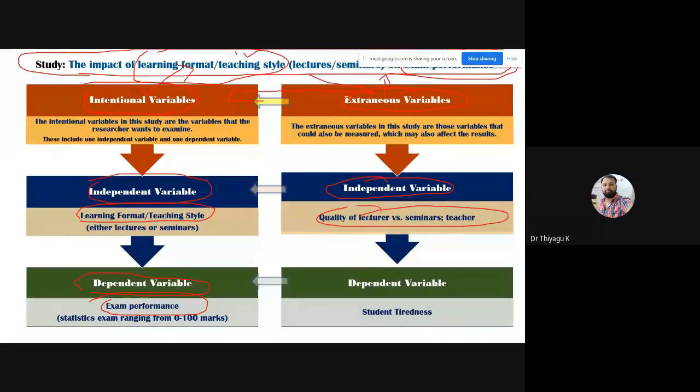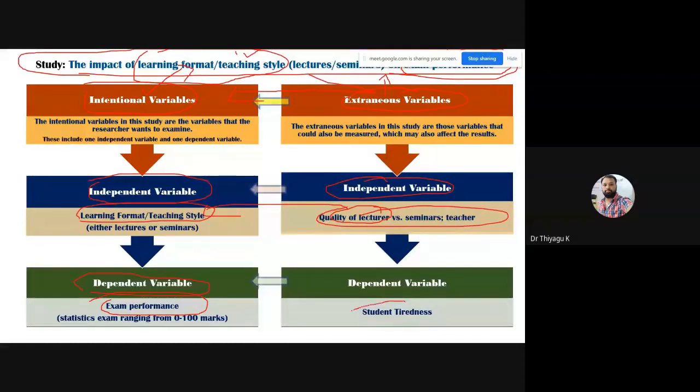Sometimes it is the quality of the teacher. Even if I am adopting a very good strategy, I may not be very good in communication skill. I am not able to explain it properly. Therefore, the quality of the teacher may also affect the learning. Then how can we conclude that the teaching method is effective or not effective? That is a problem.